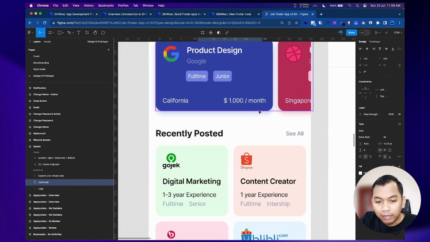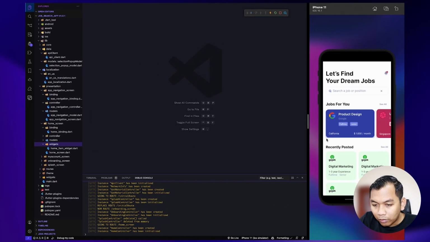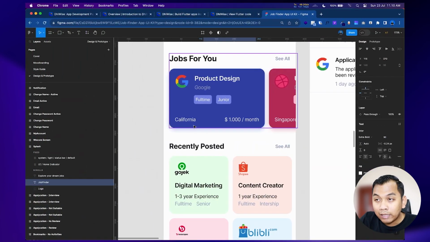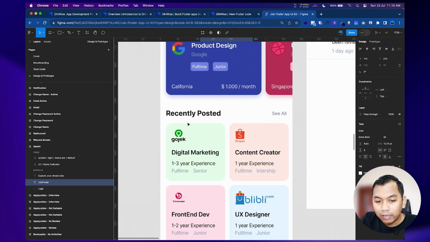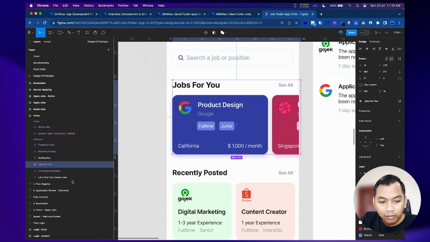Maybe we have a little to improve, like the drop shadow here. This is not perfectly like the design. And I'm sorry, this should be a title, but the designer made a little mistake here.